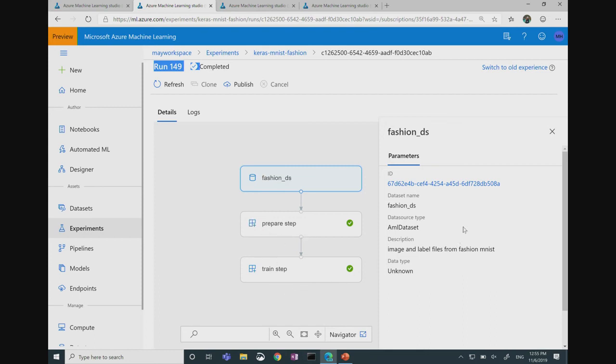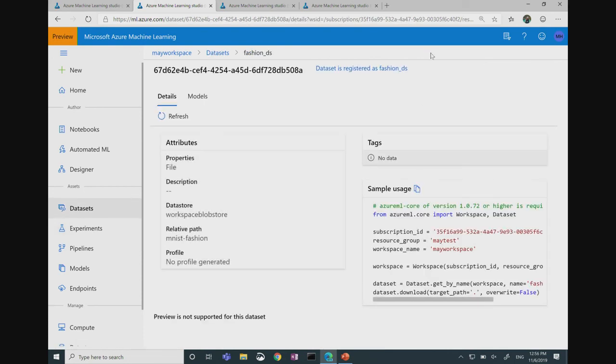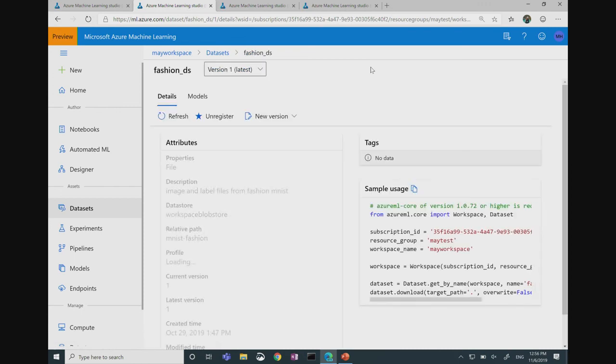So we talked about how datasets help track how your data is used in machine learning, and this is a great example where you can find your input dataset, and if you click here, it will redirect you back to the fashion DS dataset page where you have all the details about these datasets.